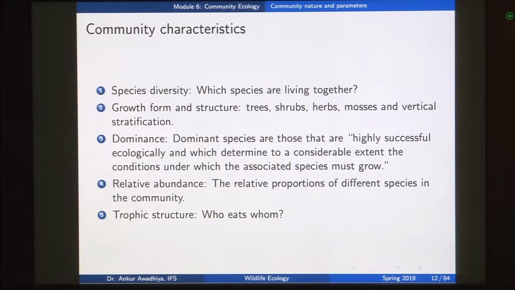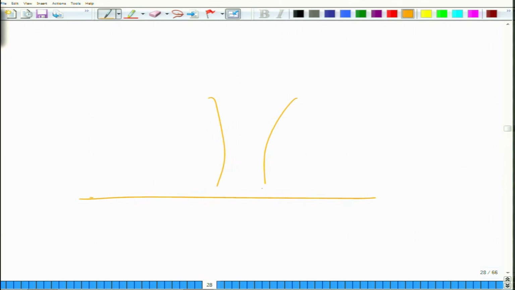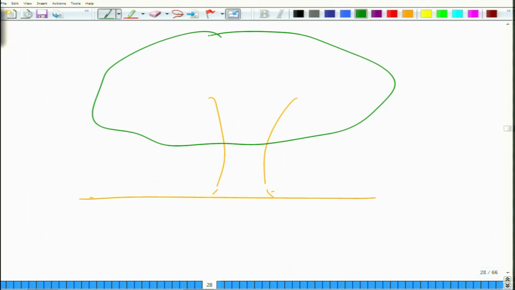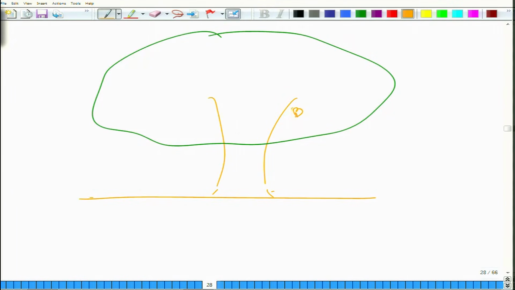Or in the case of certain communities, let us consider a community which is there on a ficus tree. So, you have a large sized ficus tree, and on that tree, now this is a keystone species, and it is giving rise to a number of fruits, and various parts of the tree are edible, the leaves are edible, and so on. And so, you have a community of a number of birds that are living in this area. So, you will have different species of birds that live on this particular tree, you will have different species of insects that live on this tree,